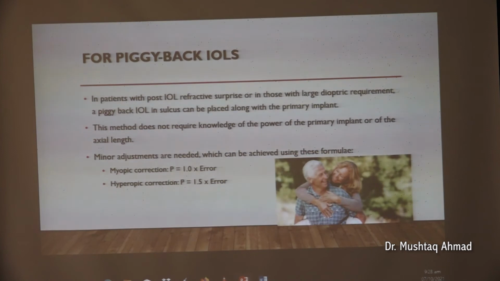So whatever the refractive error is, for minus, you implant that much of IOL in the sulcus. For hyperopic correction, you will multiply by 1.5. And this is advice for piggyback IOL: you will not implant both lenses in the bag, because interlenticular opacity usually occurs due to lens sliding. You implant one lens in the bag, one in the sulcus, and try to implant one, for example, an acrylic lens, and the other one a silicon lens.